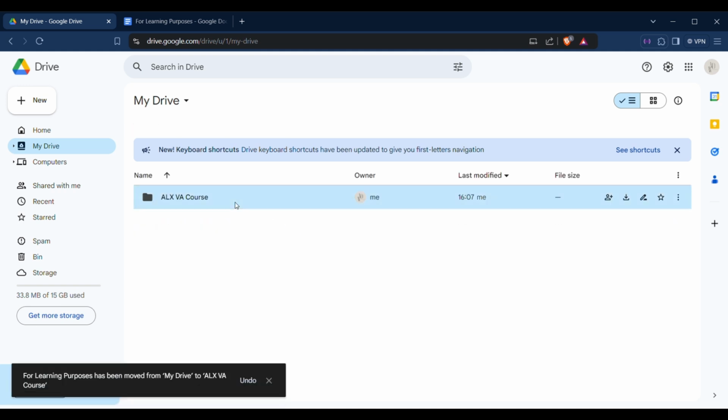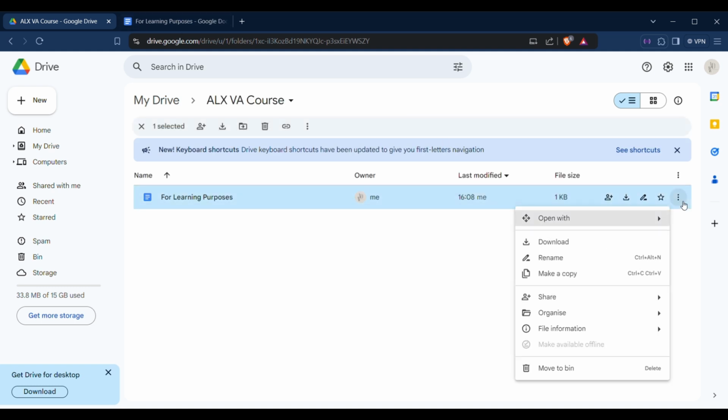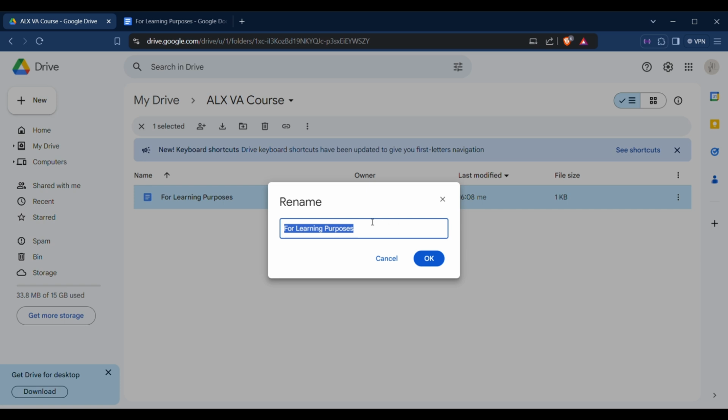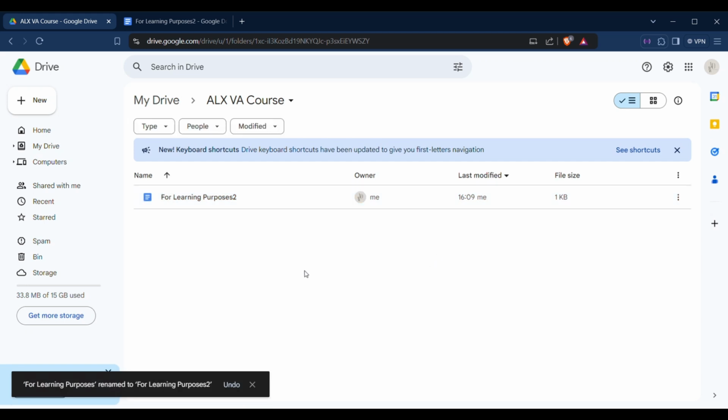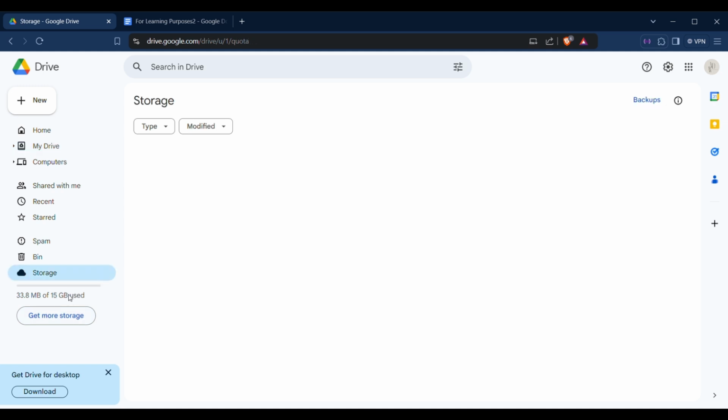In order to rename a file, you don't necessarily have to open it. You can just click on the three dots, rename, and we'll rename it to for learning purposes 2. Click OK. And the nice thing about folders is just file organization. You don't have to have like 100 files outside. You can organize them into as many folders as you want. Of course, you've got 15 gigs of